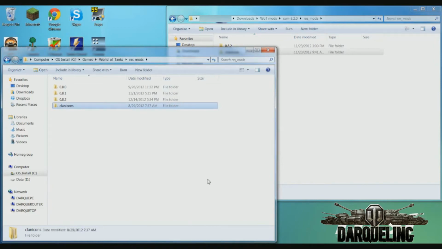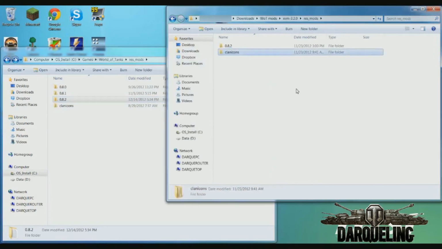The reason I have that in there is because I have XVM installed previously. Now that puts a little clan icon, if clans are identified, onto their little, what was the thing I just installed? The icons. That's what it will do. So it's kind of useful, kind of not. It's personal preference. So over here, back to the XVM folder, I'm going to go into 8.2, and into GUI,